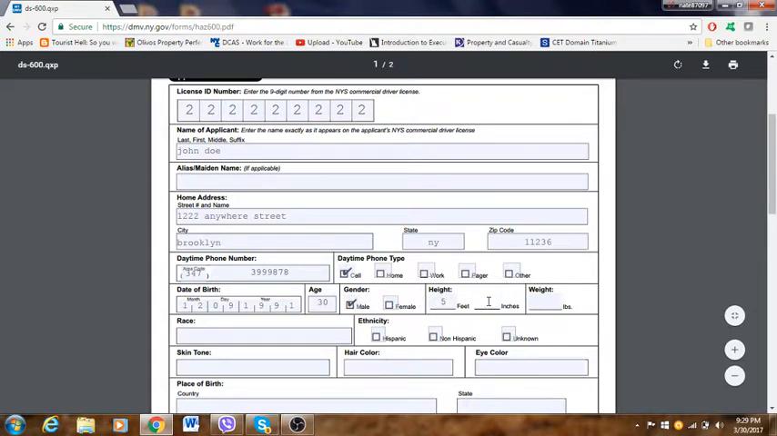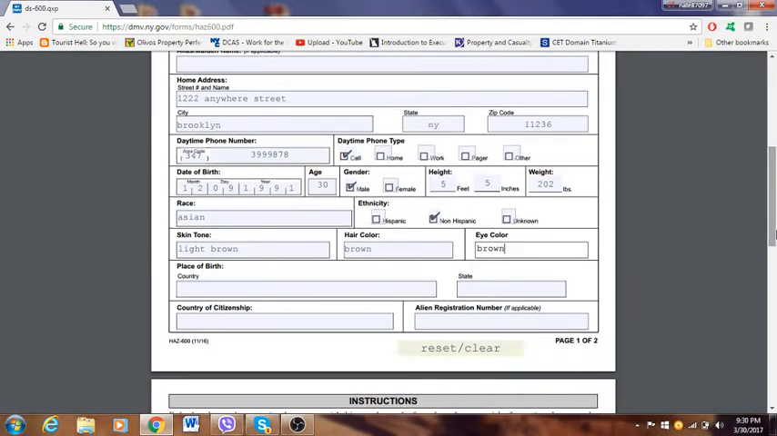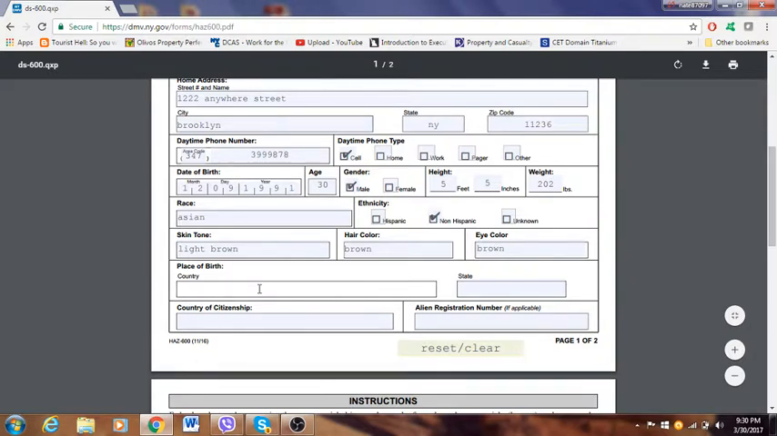5 feet 5 inches, weight 202 pounds, race, let's put Asian, ethnicity, not Hispanic, skin tone, so light brown, hair color brown, eye color brown. So basically you have to fill all this out, and the wonderful part about this is you can actually do it on the computer. Place of birth, country, obviously USA, New York. Country of citizenship, well, not applicable, just put NA,